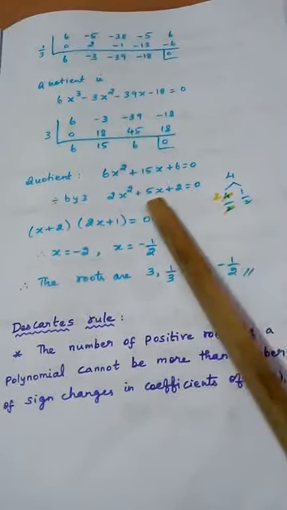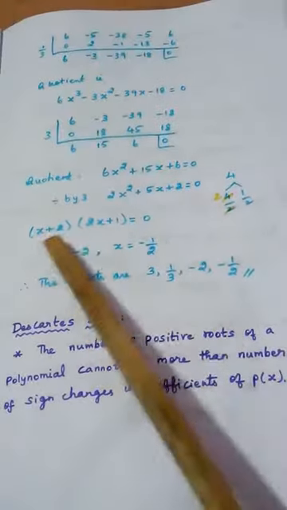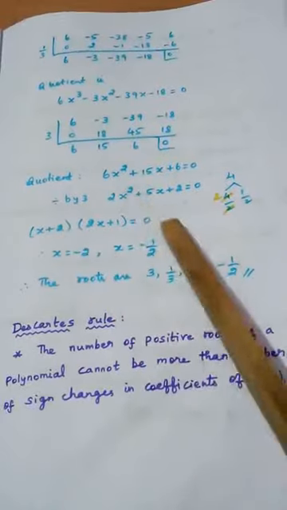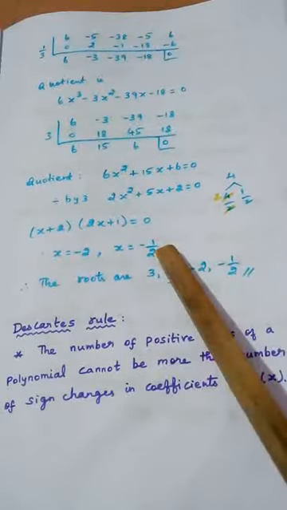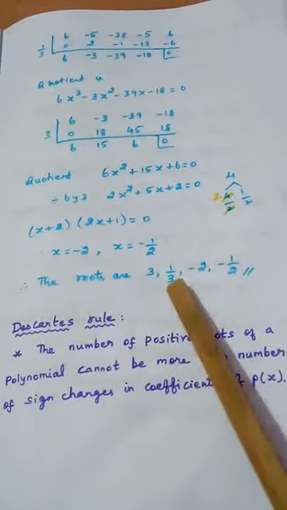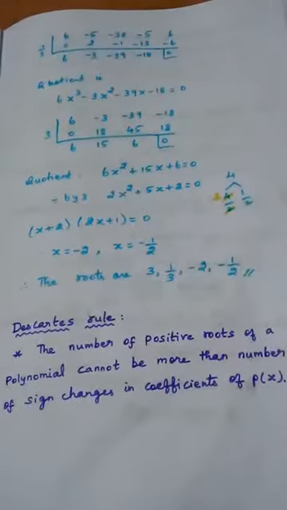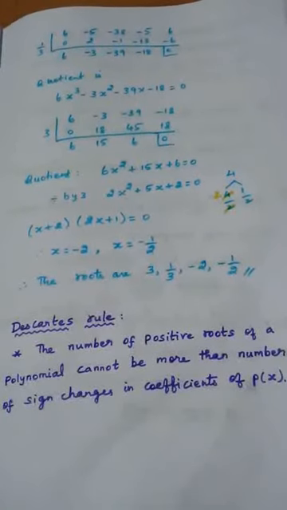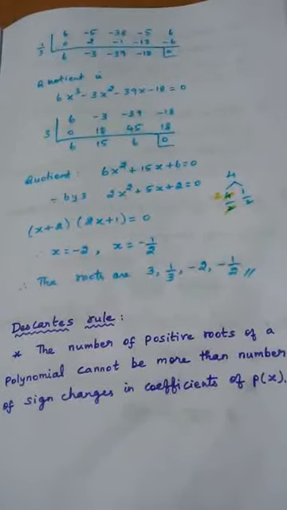Now factorizing, 2 into 2, 4. So it factorizes and we get 2 answers. From this we will get 2 more answers: minus 2, minus 1 by 2. Already we know 2 answers, 1 by 3 and 3. So the answers are 3, 1 by 3, minus 2, minus 1 by 2. I think you will understand. Synthetic division, if you don't know, just work it out and practice.